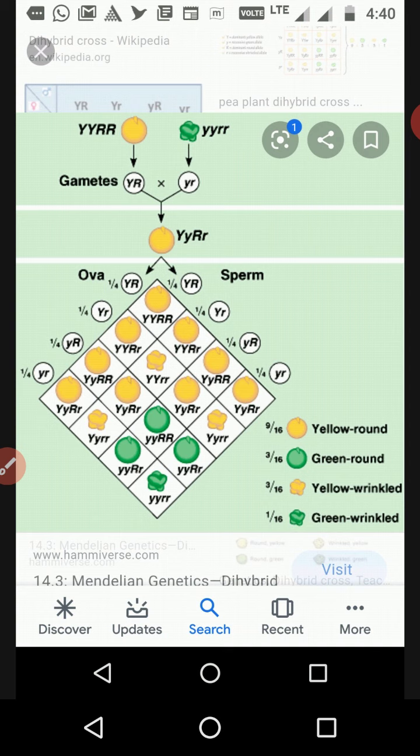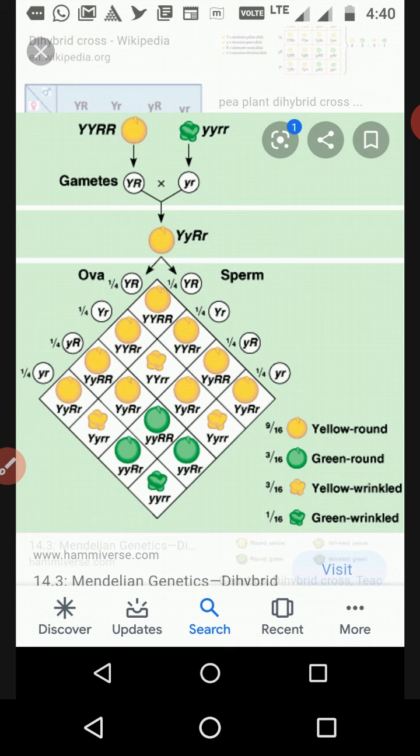And the last result you will get only one, green and wrinkled. You all have to remember that green and wrinkled is a parent character. One parent character is green and wrinkled seeds and the other is round and yellow seeds. Clear? So that is the fourth result in this dihybrid cross, only a single seed with the original or pure breed. So how many original pure breeds are there? There will be 10.